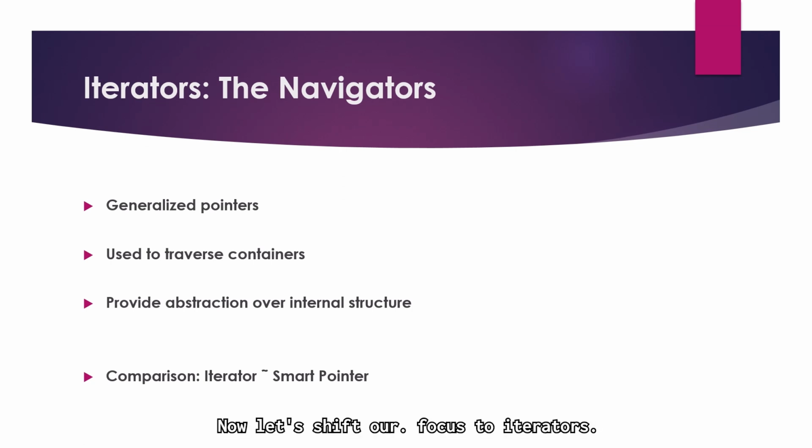Now let's shift our focus to iterators. If containers are like collections of data, then iterators are the navigators that help us move through them. We can think of iterators like smart pointers. They allow us to access elements, move forward or backward, and even manipulate data, all while abstracting away the underlying